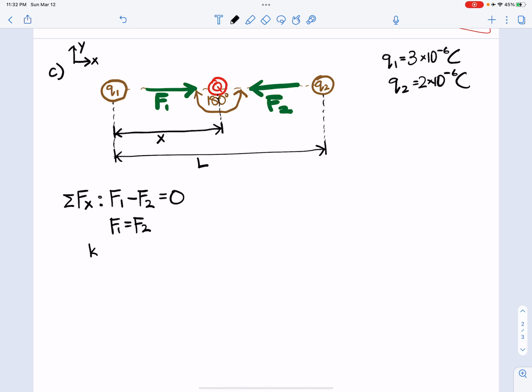Force is K, the electrostatic constant, times Q1 from the source charge, times capital Q, which is the charge of our particle, divided by the distance. The distance from Q1 to Q is x right here, right? So this is going to be x squared,